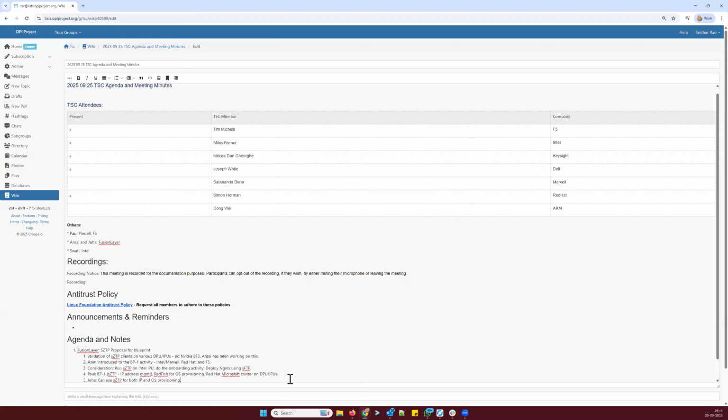Since Anssi has been working in the OPI lab with the DPUs, one possibility is that if you're interested, it could be a hands-on demo at the event. Anssi could show how that happens. So if that's something you would like to see.